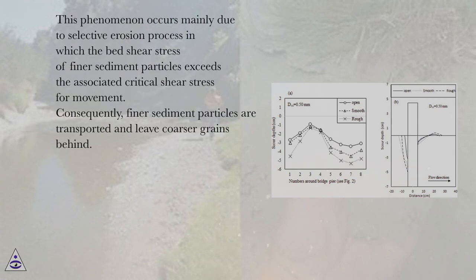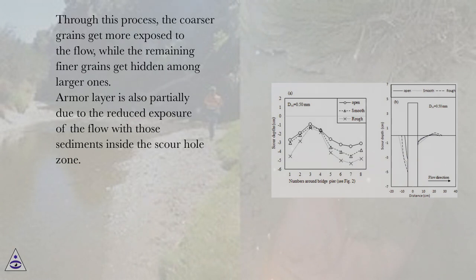This phenomenon occurs mainly due to a selective erosion process in which the bed shear stress of finer sediment particles exceeds the associated critical shear stress for movement. Consequently, finer sediment particles are transported and leave coarser grains behind. Through this process, the coarser grains get more exposed to the flow, while the remaining finer grains get hidden among larger ones. Armor layer is also partially due to the reduced exposure of the flow with those sediments inside the